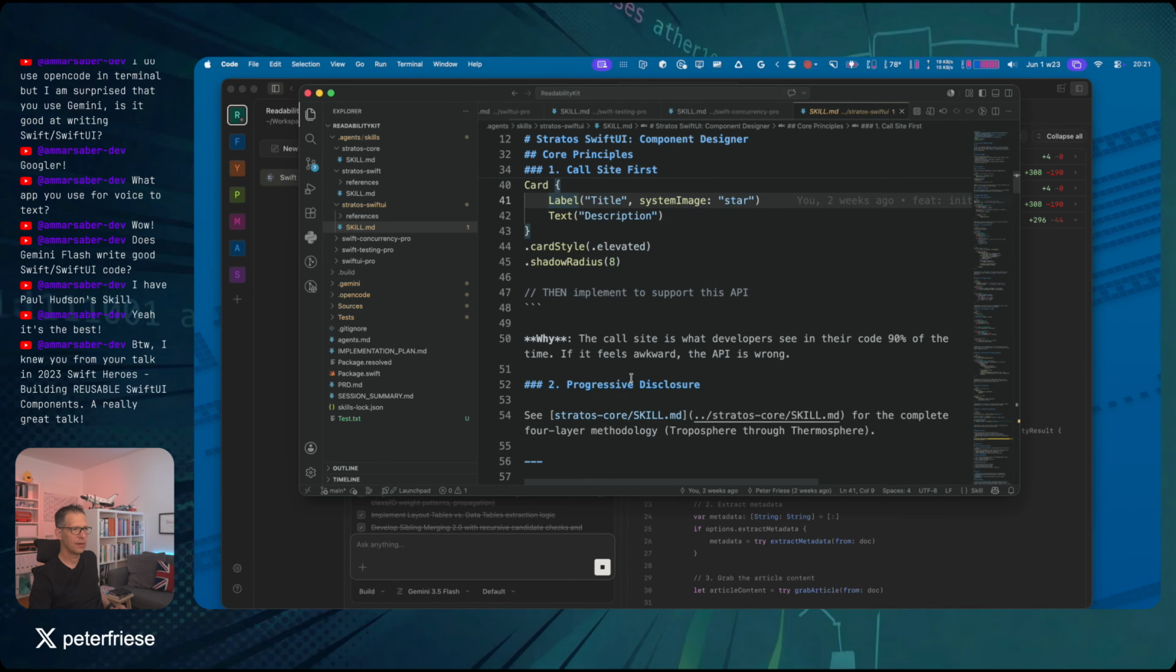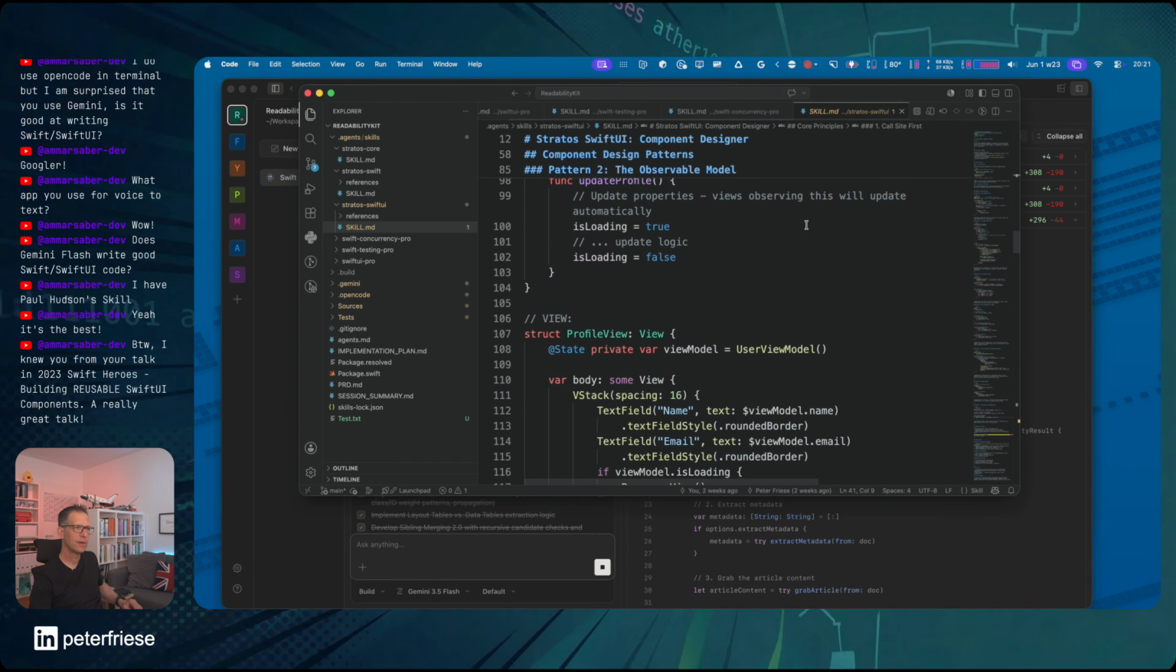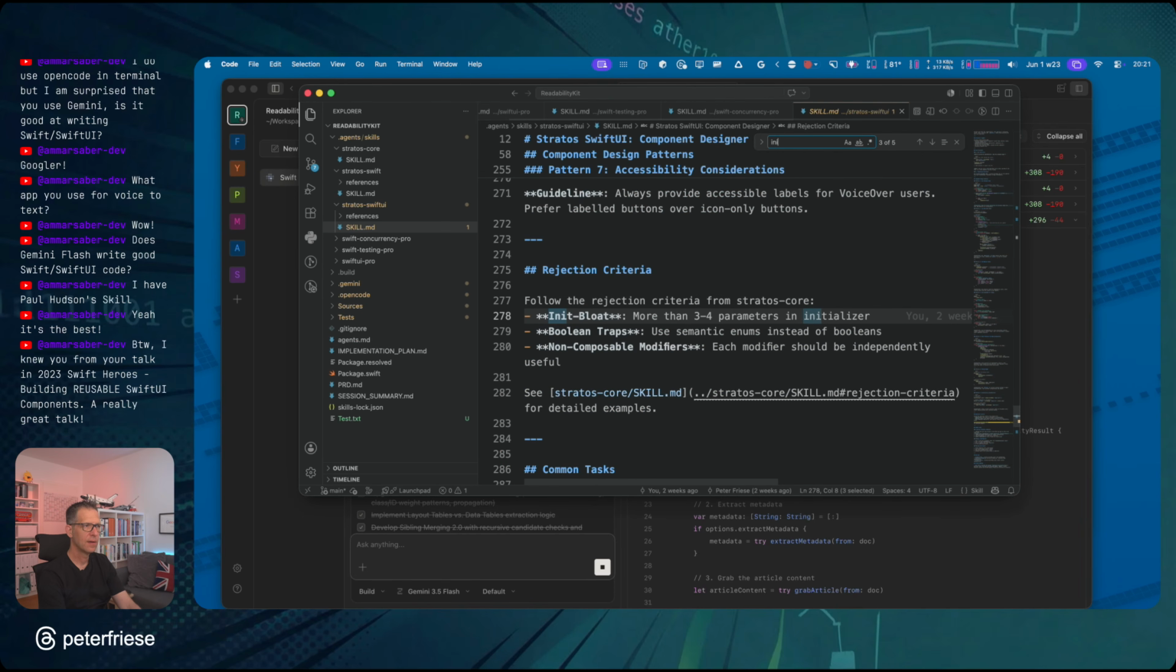So, and there are some principles. For example, let's see. Yeah, so it makes sure that you don't have more than 3 or 4 parameters in the initializer, because if you imagine you'd have a SwiftUI view and we didn't have view modifiers, and you would have had to put everything in the initializer, your initializers would have, I don't know, like 10, 20, 30 parameters, and it wouldn't scale, right? So this is one of the things that